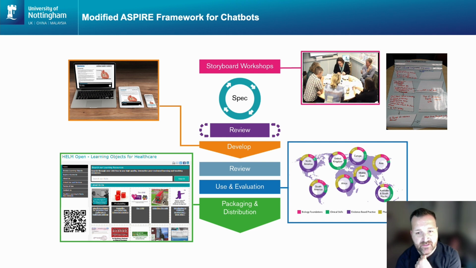And as you can see, our resources have been deployed and taken up through many regions of the world actually. And you could see an example of one of our websites where our open resources sit in HELM Open. And really the chatbot is no different from the type of resources that we want to be developing. We wanted to develop some educational chatbots for healthcare with really small bits of learning, but to try and focus on a single learning aim or topic